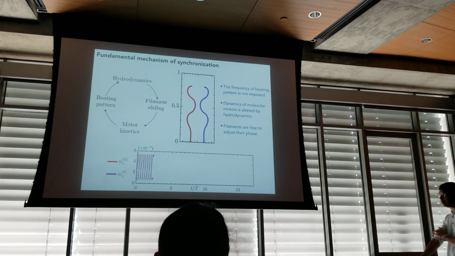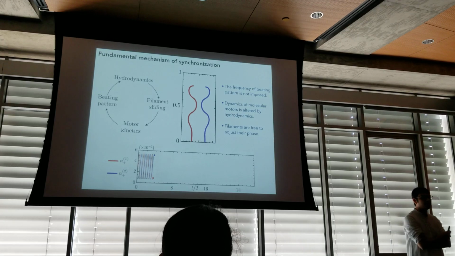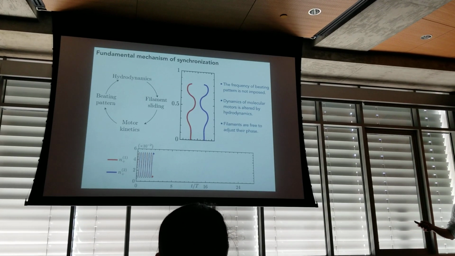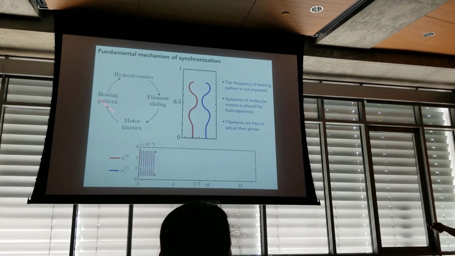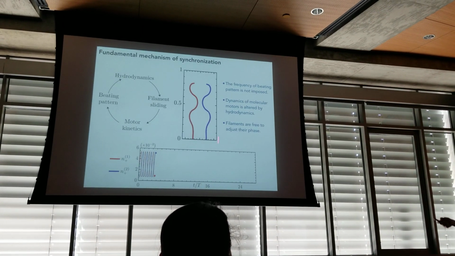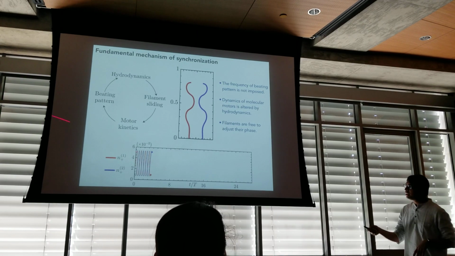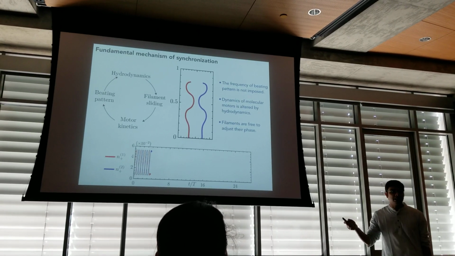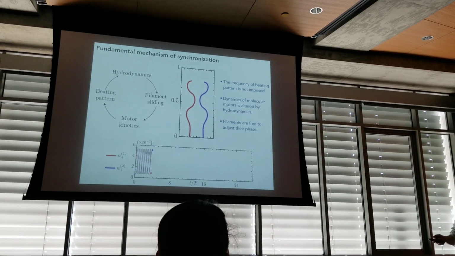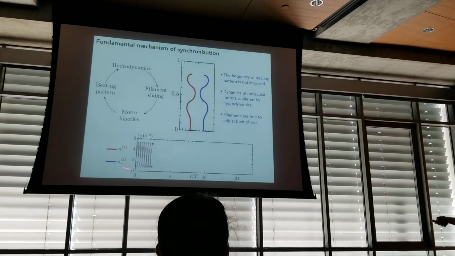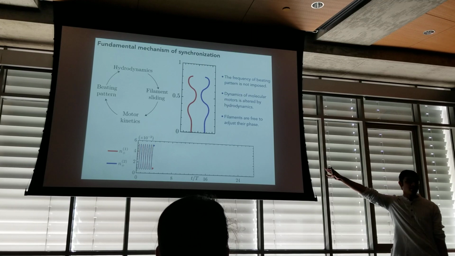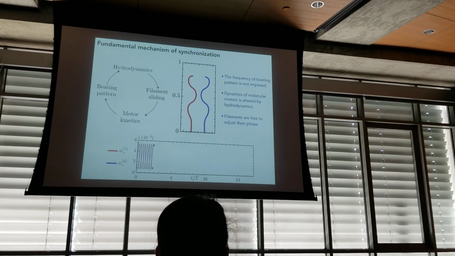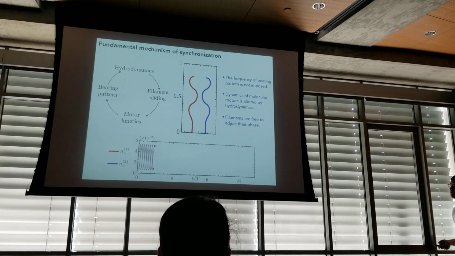Let's now think about the question of hydrodynamic synchronization or pair interaction. To illustrate that, we have two active filaments that are placed side by side. And initially, as you can clearly see from this picture, they're anti-phase. That's the initial condition. And over here, I'm plotting the bound motor population on each of these filaments as a function of time. Again, you see these motors oscillating anti-phase initially, and that's not a big surprise because motors dictate the dynamics of a filament. So if the filaments are anti-phase, we expect the motors to oscillate anti-phase as well.